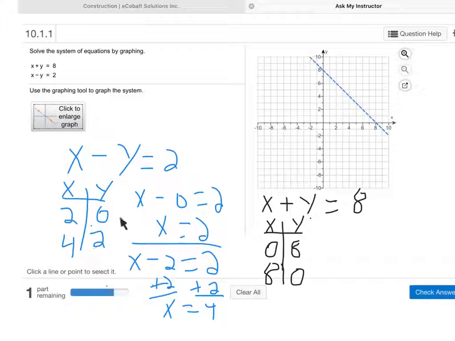So first of all, you don't need 3 solutions, you only need 2. And then I plot those points. I come over here, I'll put a point here at (2, 0). I'll put another point over here at (4, 2). And then the computer will draw a line in here for you. So you only need 2 points. And on the computer, you have a tool, you press on it, and then you give it 2 points, and